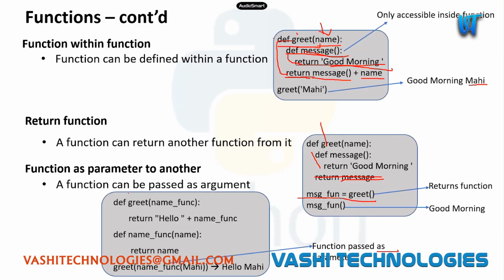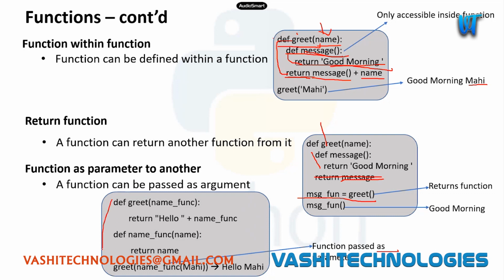Not only variables, now a function as a parameter to another function. So we can also pass a function as an argument to another function. Like so far, we have seen only variables being passed to the function. So we can also pass a function itself as an argument to another function. So now again